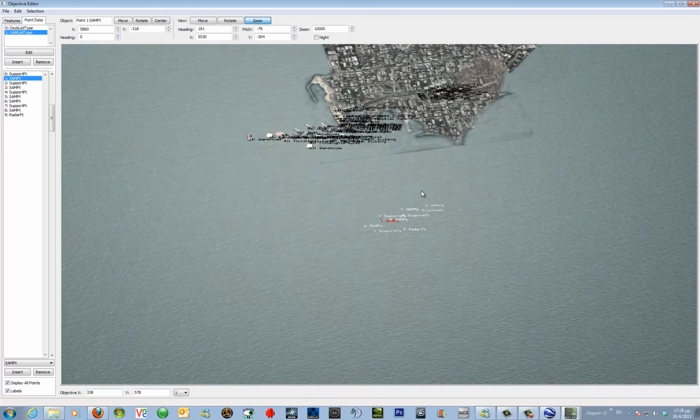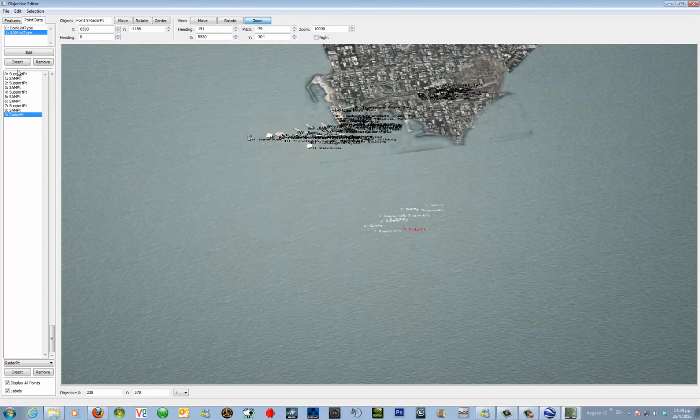Why have I put them far in this objective? Take care as you put artillery, anti-aircraft, SAMs. If you put them very close to your objects, your features, when they fire, maybe the missile will hit your feature. This will result in destroying your feature. So put them at a distance so that it will not destroy its own